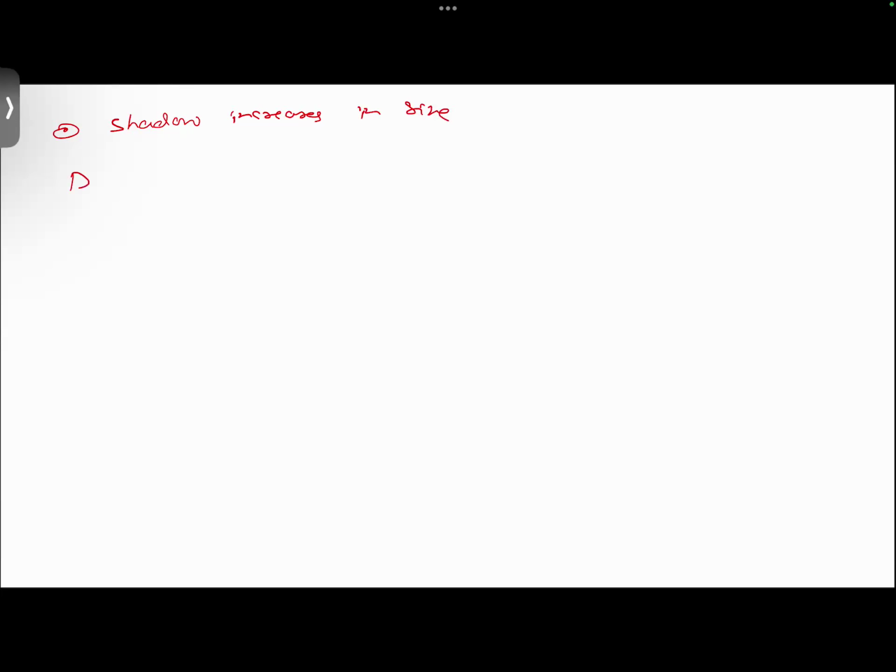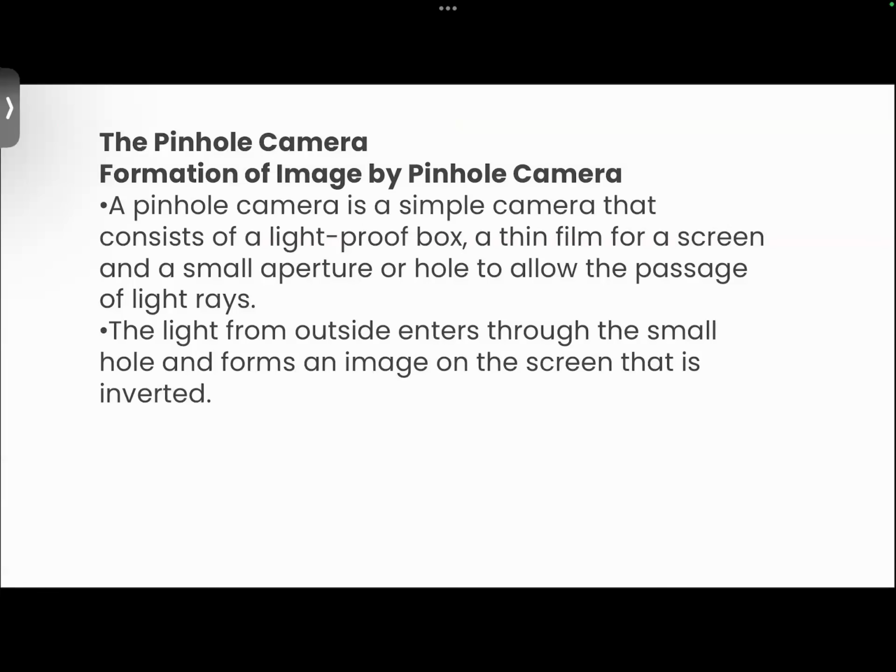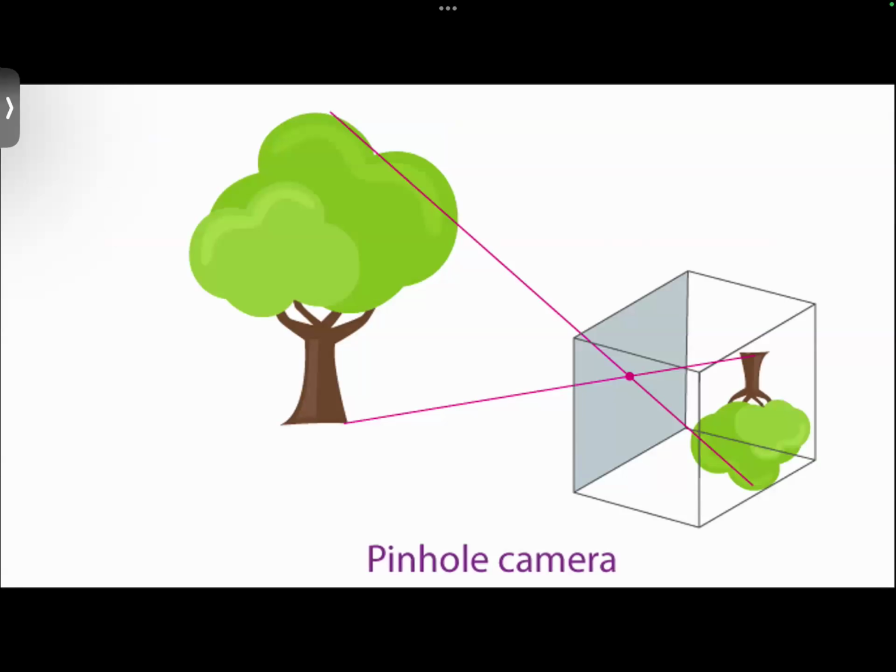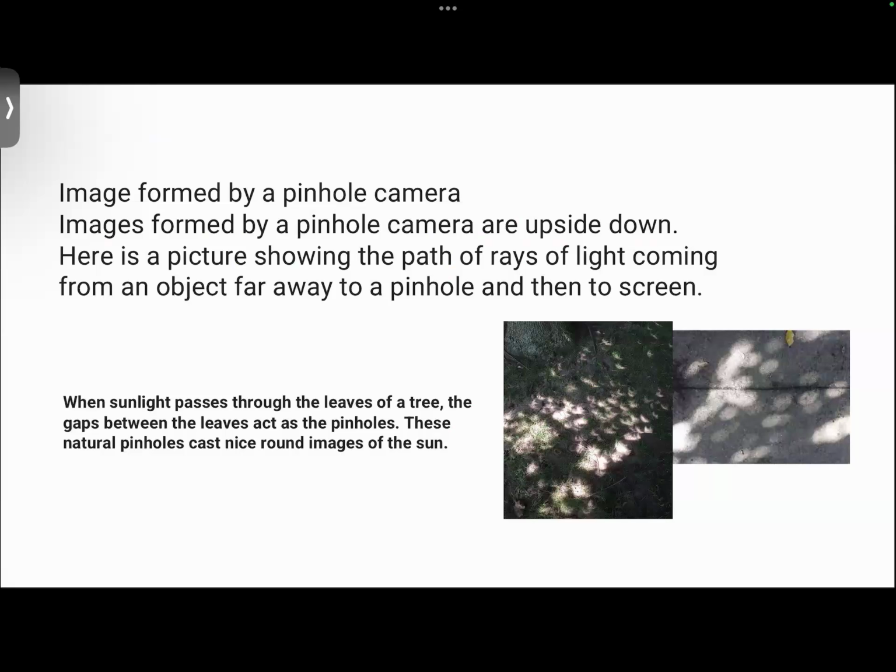But if the distance is increased, then what happens? Sir, if distance increases, then shadow decreases in size, no? Yes. So shadow decreases in size. That is the thing. Okay. Now we are going to learn about the concept of pinhole camera, but first of all,